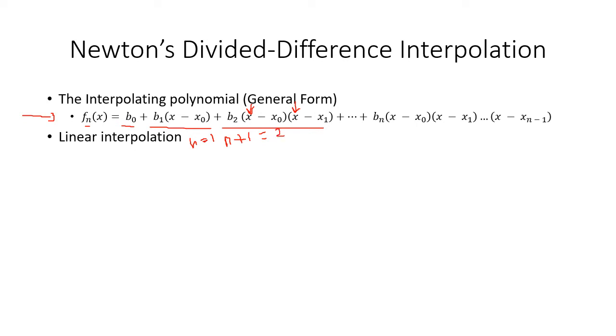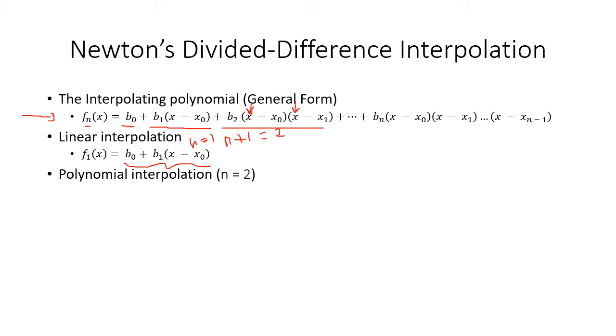So if two data points are given, then we can fit a unique straight line passing through those 2 points. Then if n is equal to 1, this general form reduces to those first 2 terms only. Okay, so we will not have any curvature because we have only a line, so that's why we have only those first 2 terms. Okay, then let's increase the degree.